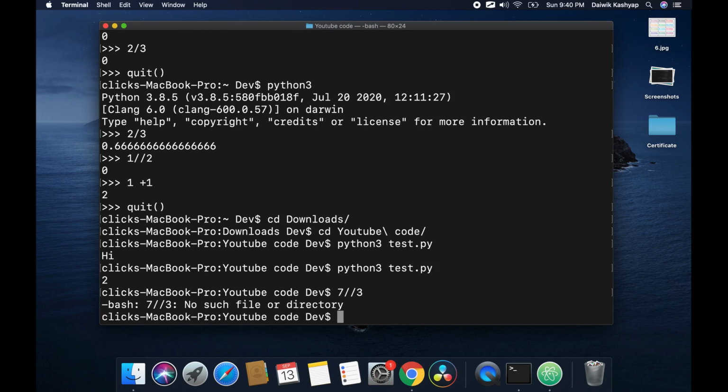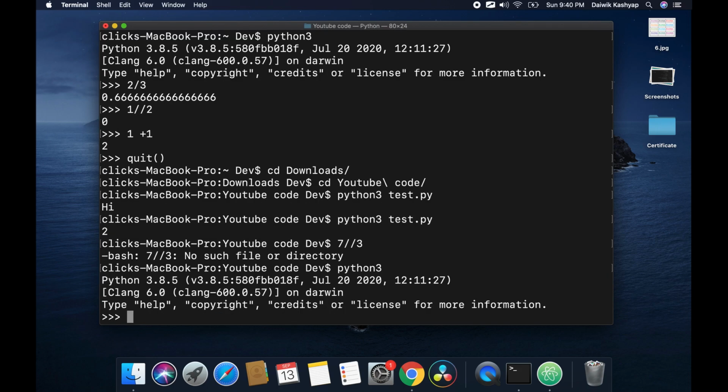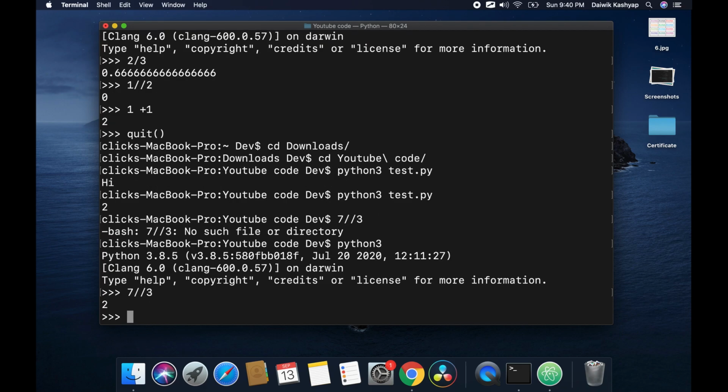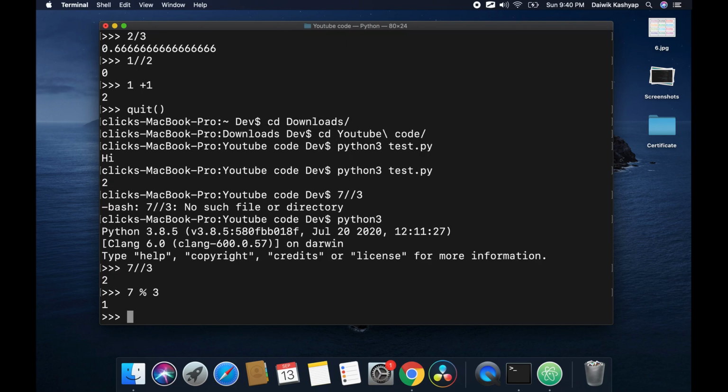divided by 3. Oh yeah, I forgot to enter the Python 3 shell. I'll just type that command over here again. So 7 floor division 3, the answer is 2. And when I just type in 7 percent 3, we don't read this as percent, it is called a modulus operator. Basically it is used to find the remainder. So here it tells us the remainder. What we are getting to know here is 7 divided by 3 is 2 with 1 left in